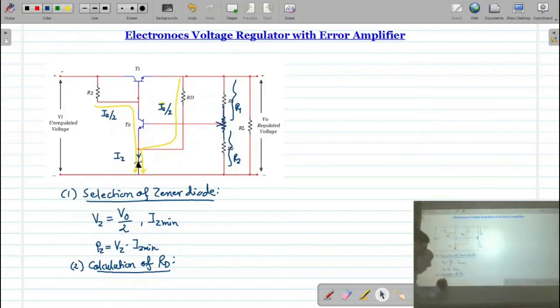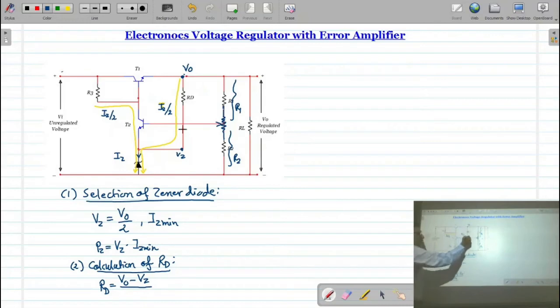So I am calculating the resistance RD. Resistance is the ratio of voltage to current. What is the voltage? That is the voltage drop across RD. Remember, voltage drop means potential drop, and that is the difference of these two voltages. At this point the voltage is VO, and at this point the voltage is Vz. So RD will be equal to VO minus Vz divided by